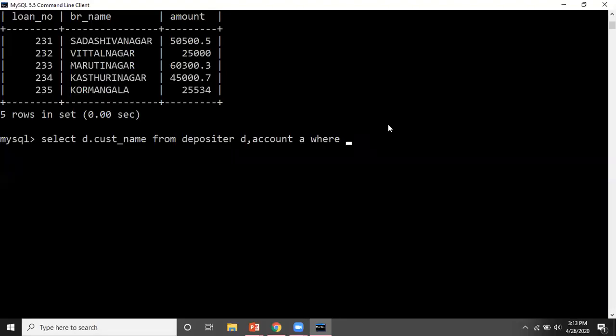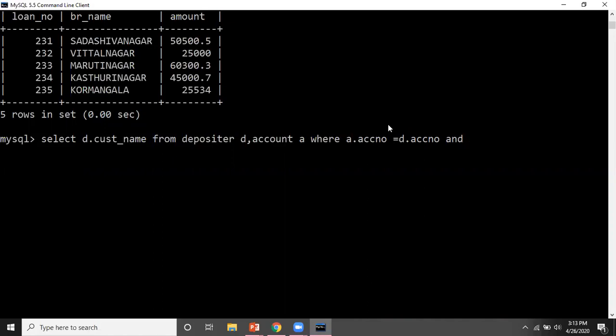So that is my common column. On the basis of that, I have to remove the redundancy. So I write a dot, and in my tables for account number I have used the attribute name ACCNO. So a dot accno should be equal to d dot accno. I want only those tuples, so it will remove the redundancy.